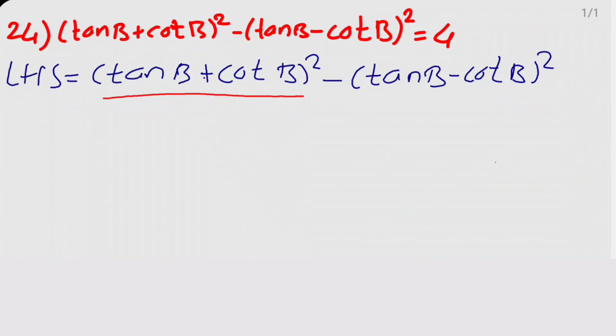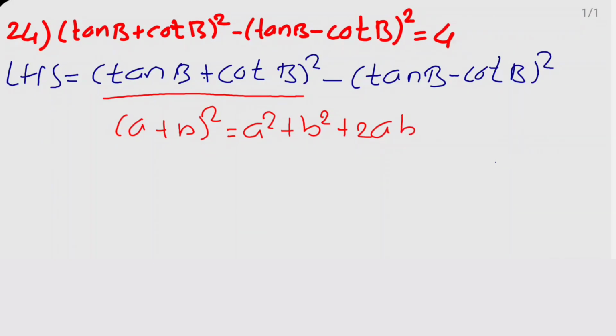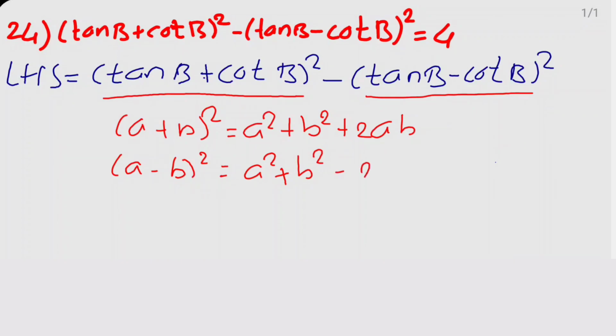it is in the form of (a + b) whole square, and its expanded form is a square plus b square plus 2ab, right? And see here it is in the form of (a - b) whole square, so that expanded form is a square plus b square minus 2ab. Now apply here, it will become